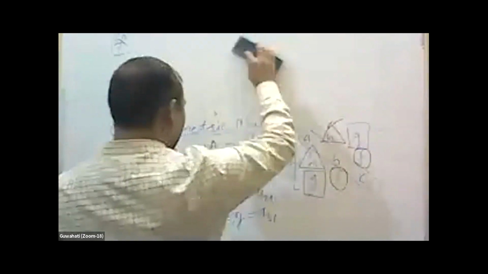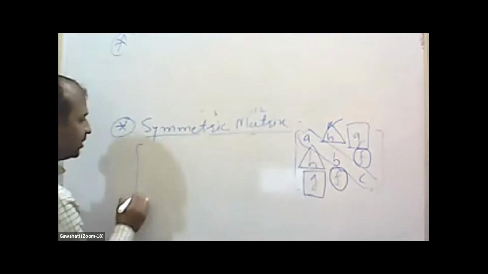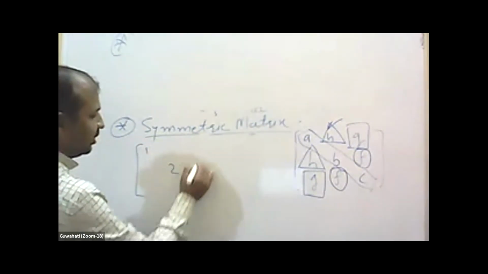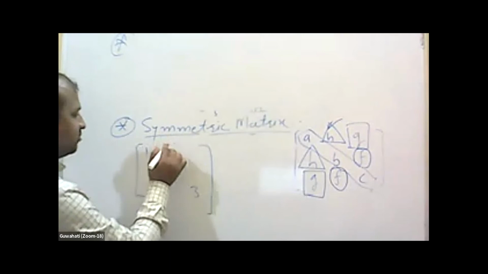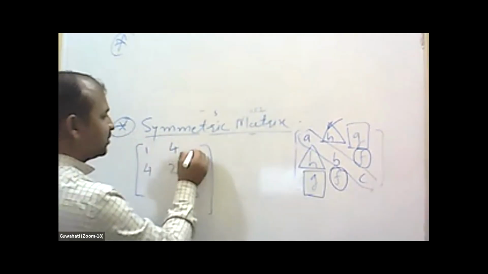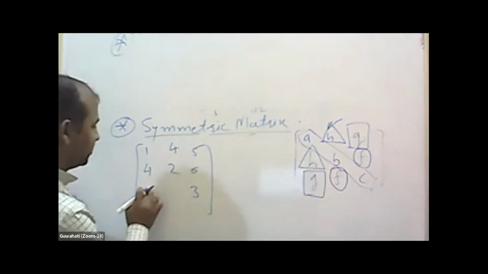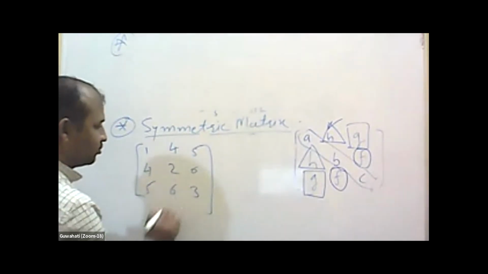So I have to do one more example here. Already this is okay, so can I remove this part? Yes, okay, thank you. Suppose I give an example, and I have to show how it is. See here, say 1, 2, 3, and whatever I am writing, if it is 4 here, it should be a 4 there. And suppose it is a 5 and suppose this is 6, then this should become a 5 and this comes to be 6.